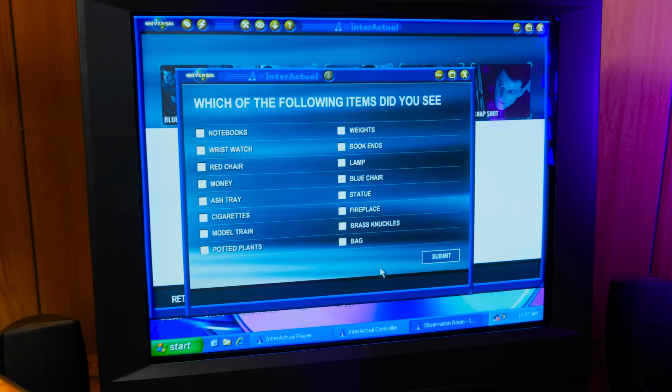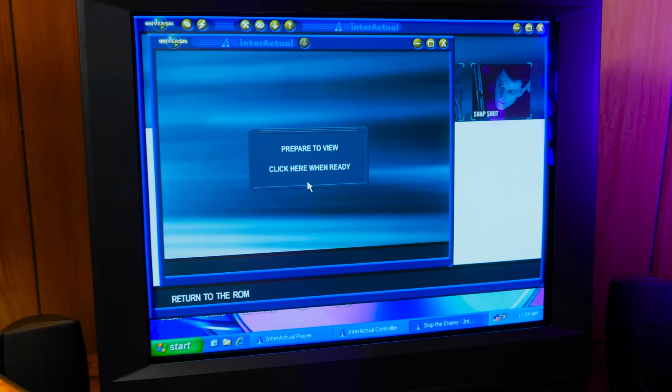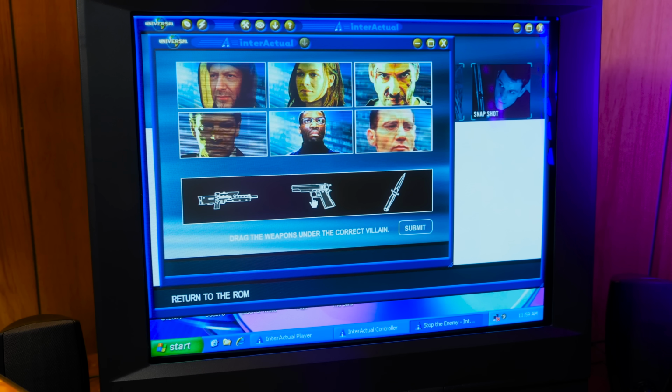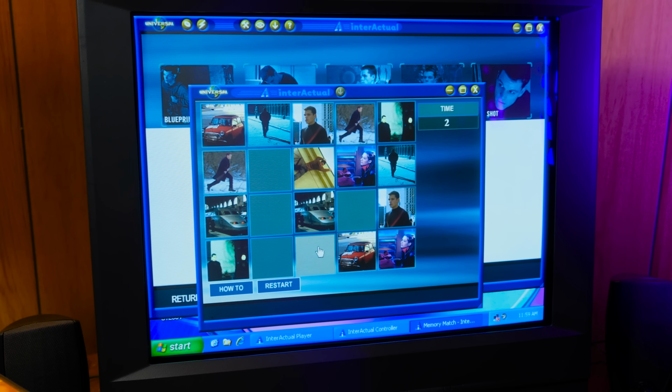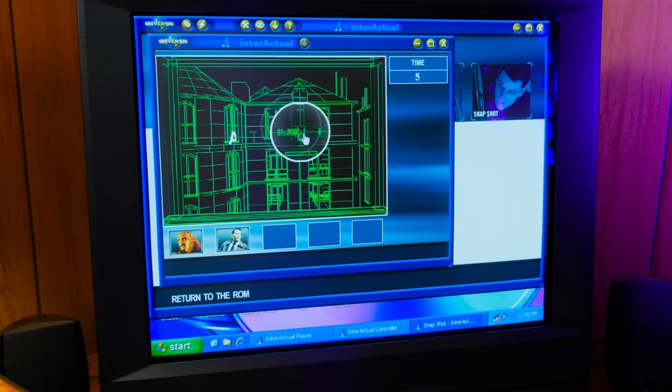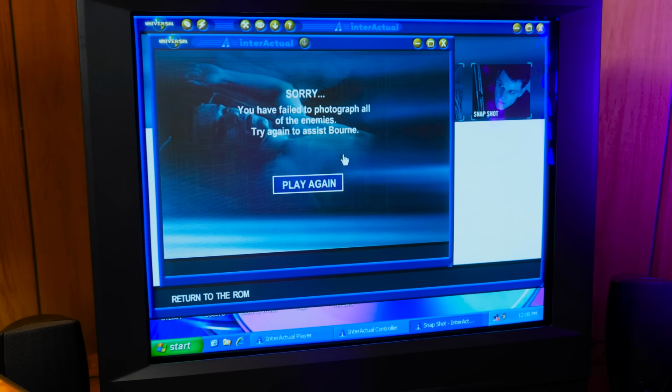It runs entirely too fast for some processing-related reason, I'm sure. Same with this other memorization game, where you're supposed to remember which person has which weapon, but it goes by in an instant, so you don't have a chance. Even this tile matching game seems to be running too fast, so something's clearly off with the game speed being tied to CPU performance, and this XP system is entirely too fast. Or maybe it's a dual core thing, I don't know. It's not like any of these are worth playing regardless.